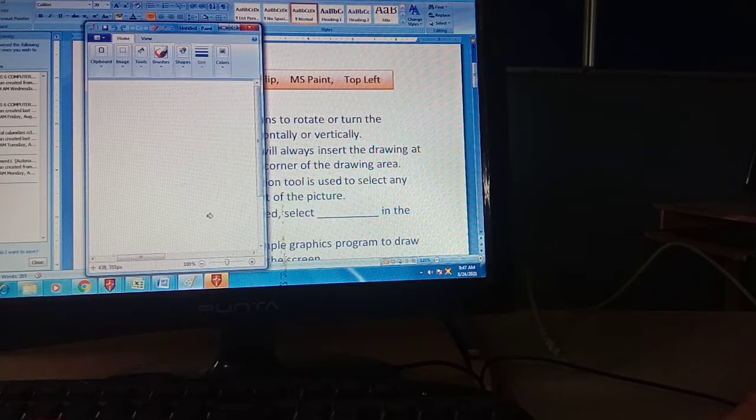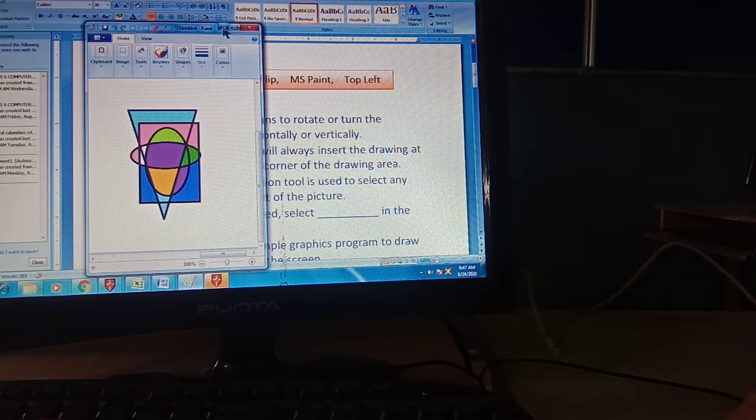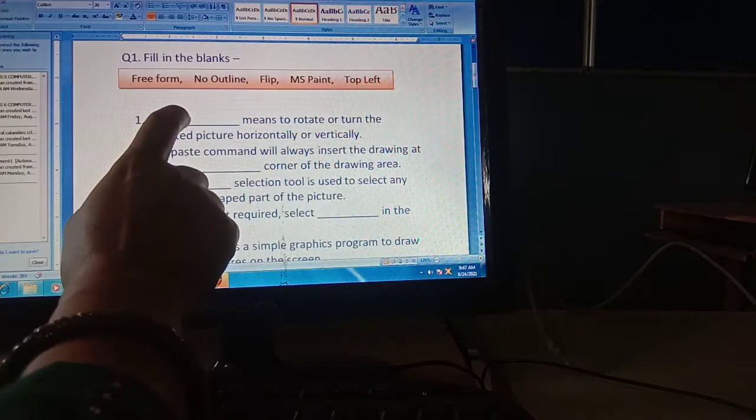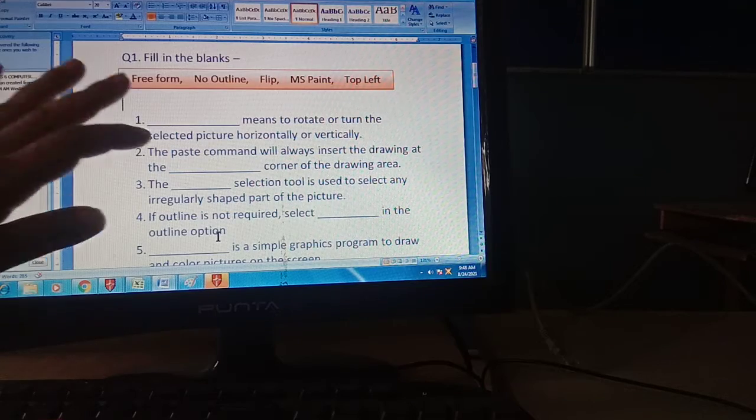Two types of flipping are there. One is vertical, one is horizontal. So dash means to rotate or turn the selected picture horizontally or vertically. So it is your flip.